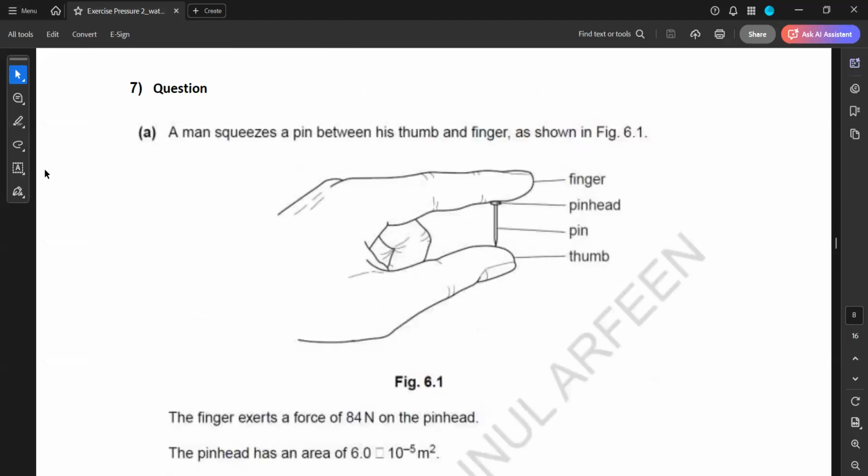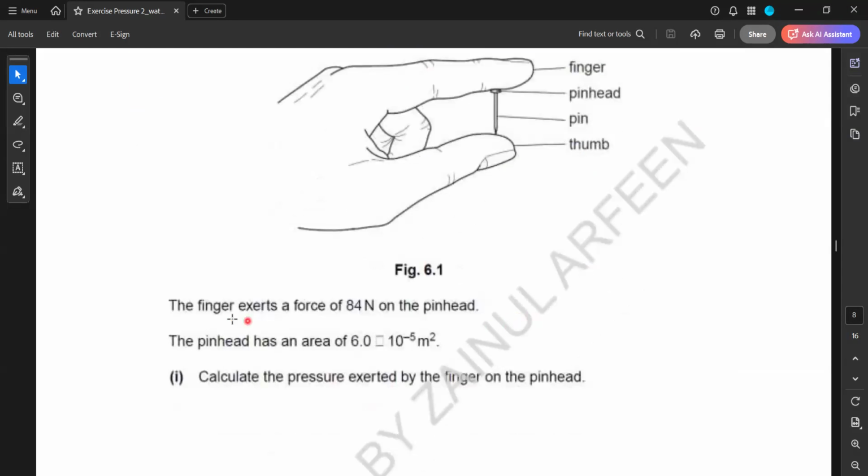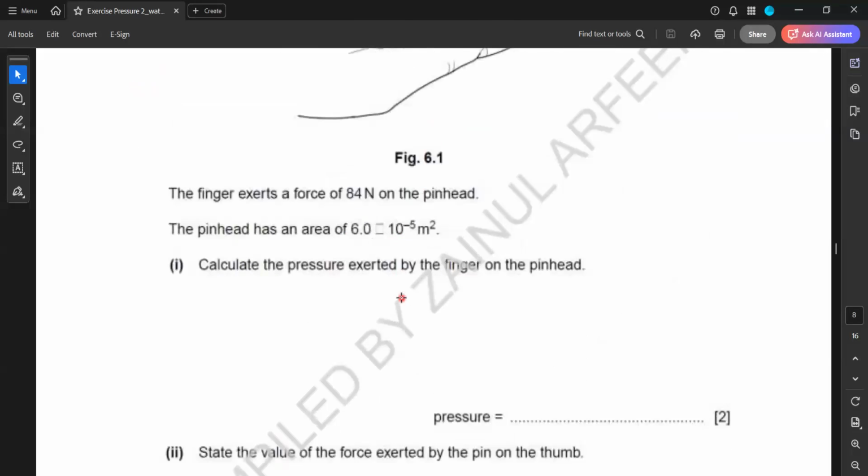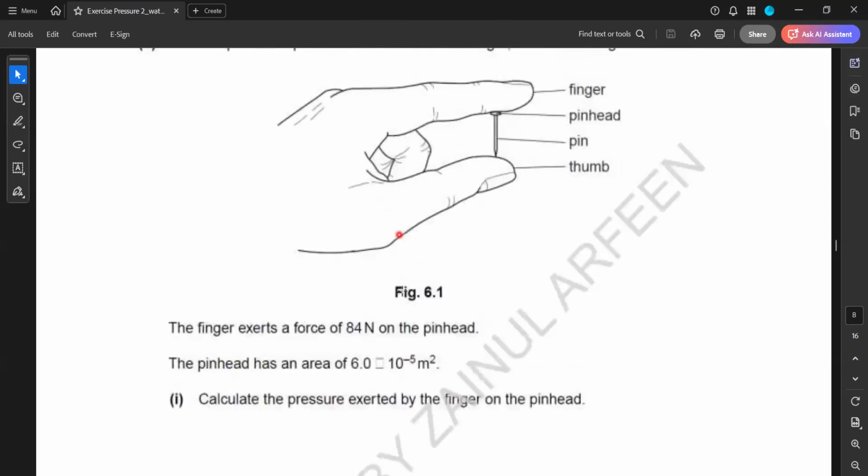I wrote, a man squeezes a pin between his thumb and finger as shown. As you can see, a man squeezes a pin: finger, pinhead, pin, and the thumb. The finger exerts a force of 84 Newton. The pinhead has an area of 6 times 10 to the power of minus 5 square meters. The formula for this will be P is equal to F over A, that would be 84 divided by 6.0 times 10 to the power of negative 5, which gives an answer of 1.4 times 10 to the power of negative 4